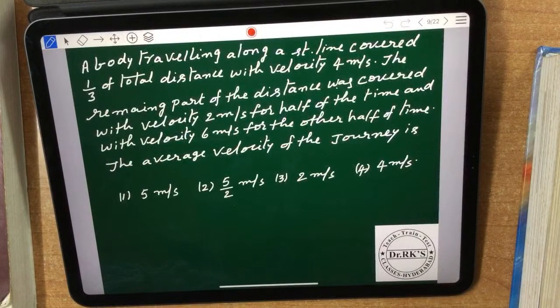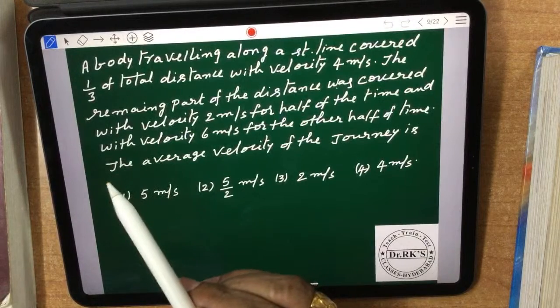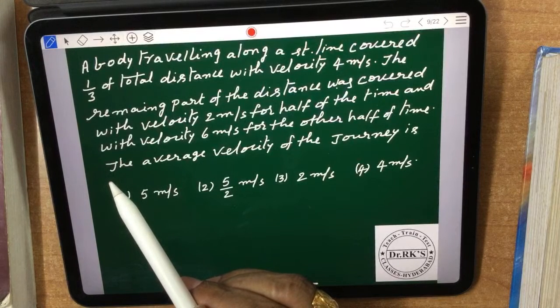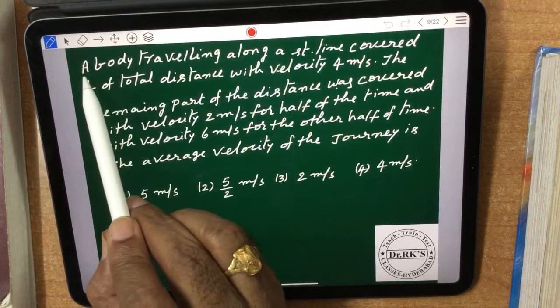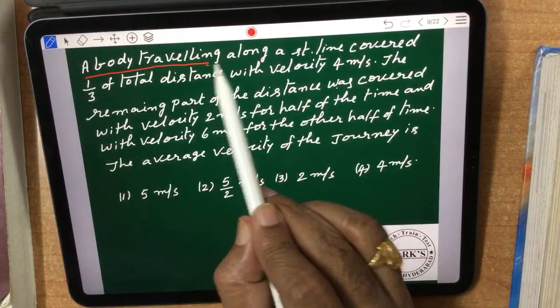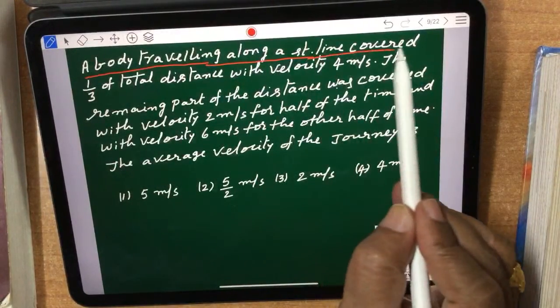Yeah, anybody can try this. Look at this. In this problem, I combined the earlier 2 concepts in a single problem. Look at the variety of this problem. Earlier 2 concepts are, what are the earlier 2 concepts? Some distance v1, first concept. Some time v1, second concept. Now I combined. What is that combined? A body traveling along a straight line